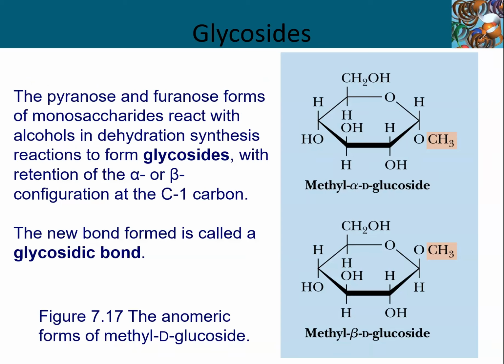And glycosides. So glycosides, these are just very simple. Methylglycosides are when the hydroxyl group gets modified by forming a new oxygen-carbon linkage at the anomeric carbon, the C1 carbon. So this does not change the alpha-beta designation of the anomeric carbon. And it doesn't have to be just a methyl group. And because of that, we can form new oxygen-carbon bonds to all kinds of things, including other carbohydrates. And this is called a glycosidic bond.